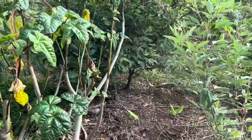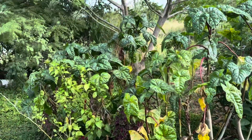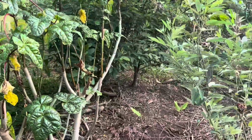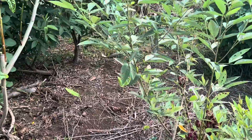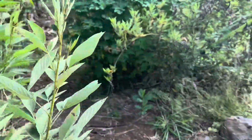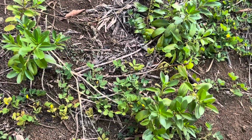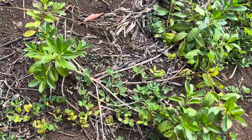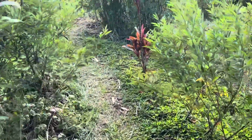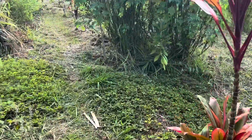Scan back this way. We've got the Malabar tree spinach. Constantly cutting that back and letting it come back again. Pigeon pea, there's turmeric all over the place now. I also mix in native plants like this nio. As we keep going down the main path,